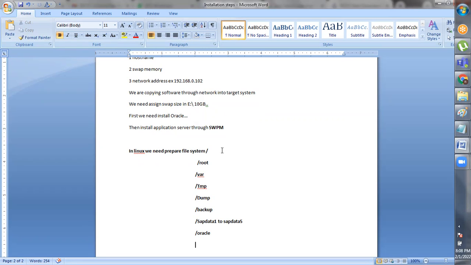Like this, see. We are not able to create this file system. It is a tedious job. Only Linux OS admins can prepare this.